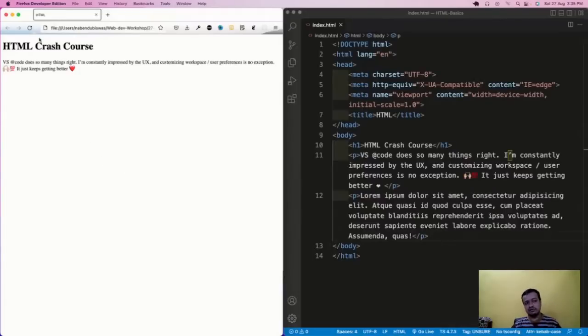Because it will not show like this. I have to refresh it, and it will show. But what if I don't want to refresh every time? I want it so that the moment I save it, it will show. What to do for that? Here again, VS Code comes to our rescue. If I come here,